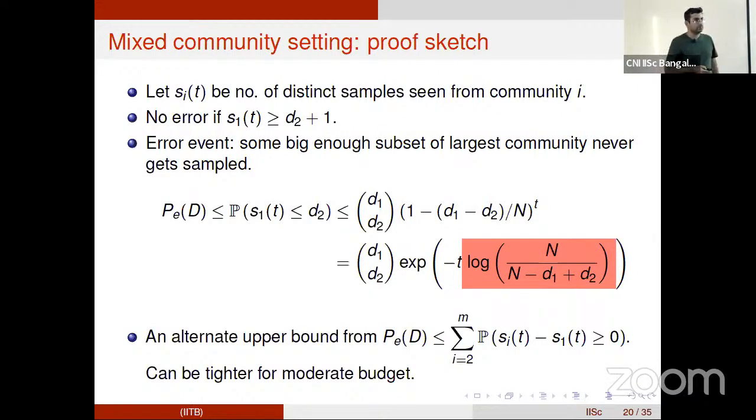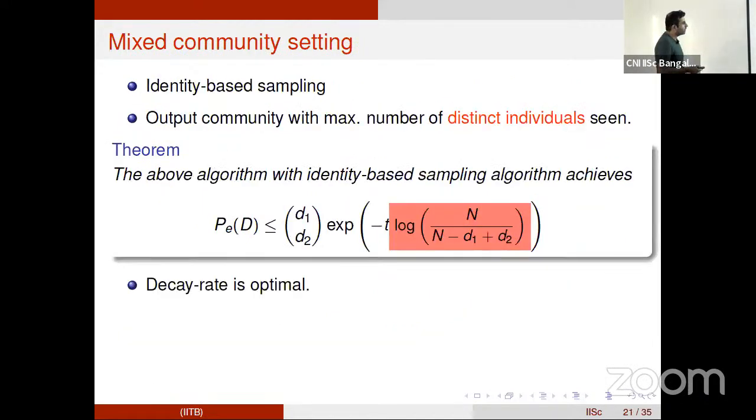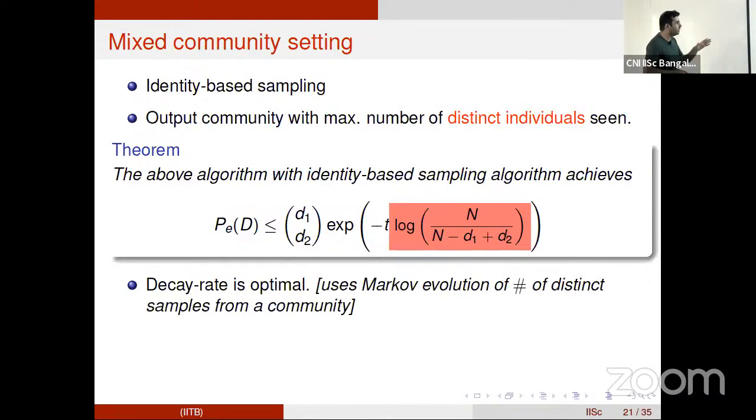The other case I can understand is the classification and the lower bound. So again, what you use here is you relate the probability of error. You consider this original instance, let's say, in which the first community is the largest. You create an alternate instance where a community other than community 1 is the largest. And then you relate the probability of error. An algorithm doesn't know the underlying instance. It should be able to identify community 1 as the largest community in instance 1, and it should be able to identify, let's say, community 2 in the alternate instance, if that is the largest community.